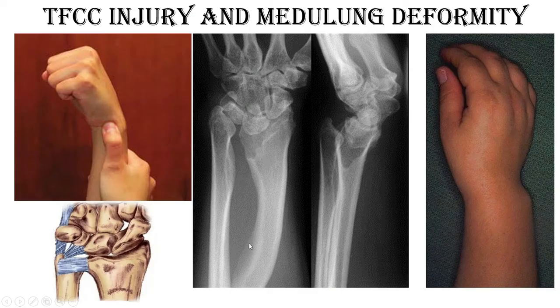Okay, now TFCC injury is a special type of wrist pain that can cause tenderness over the lateral aspect of the ulnar head, and this is the triangular fibrocartilage ligament. There is no bony contact, and it can be managed arthroscopically, but the result is very poor. But tenderness over this area seems to be TFCC injury, and it is a very problematic condition. Treatment is very difficult.